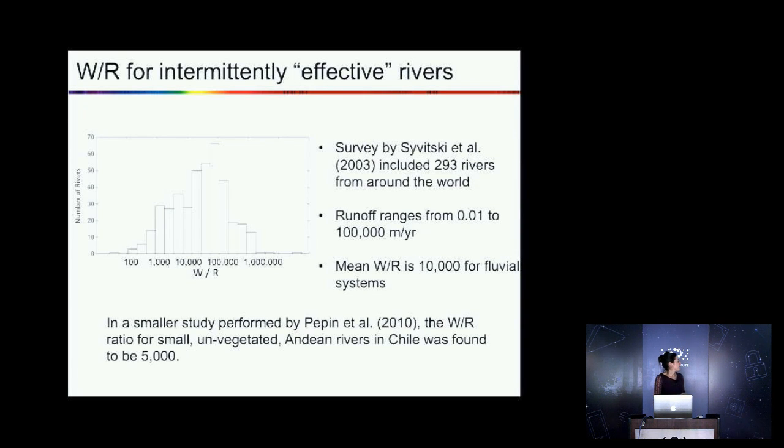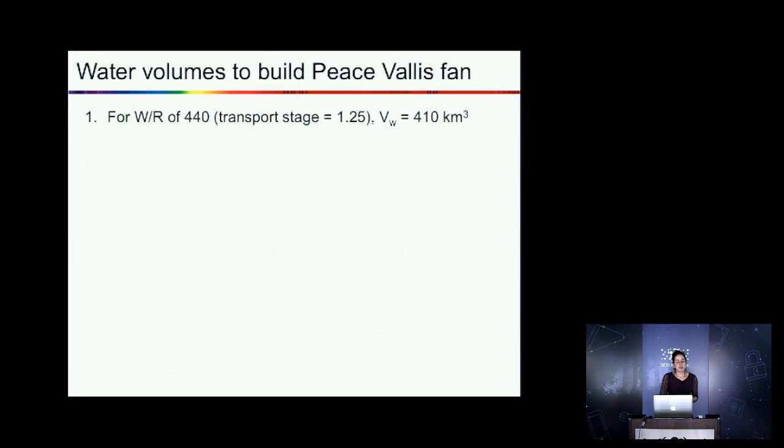So this might be a little bit more similar to what we would see on Mars, since you're not thinking about the influence of vegetation. And they found that their water to rock ratio is about 5,000. So if we plug in these numbers for our fan, if we do this idealized case